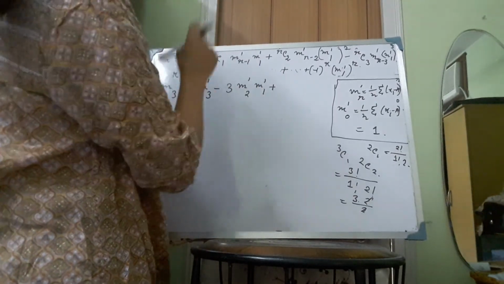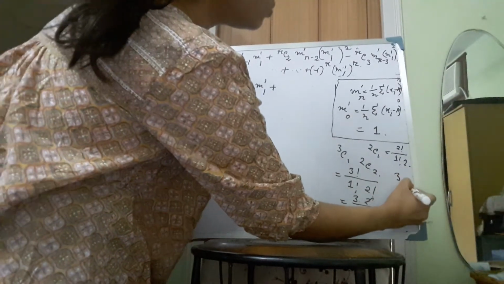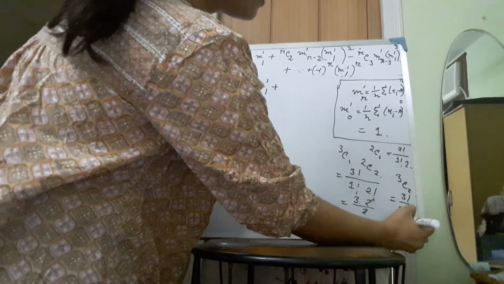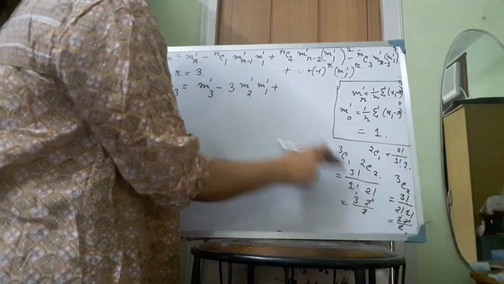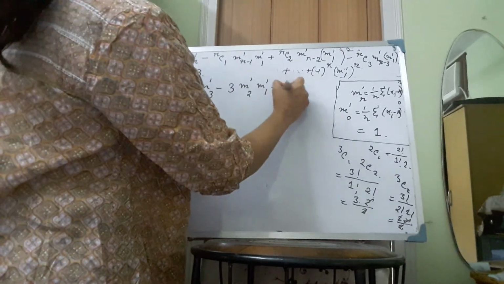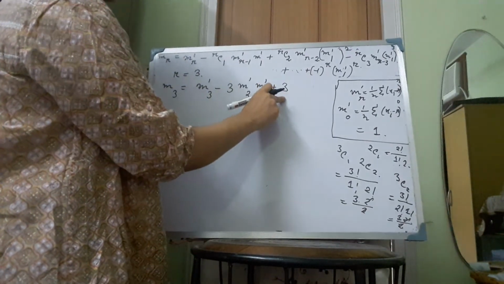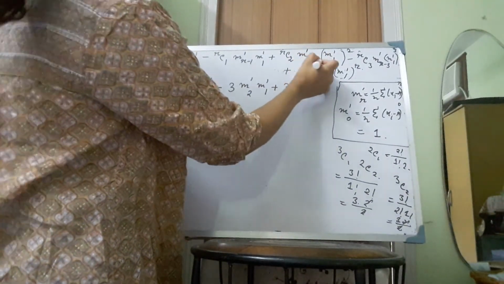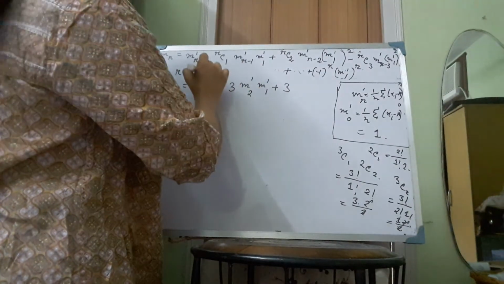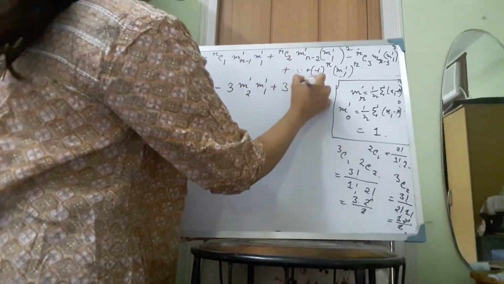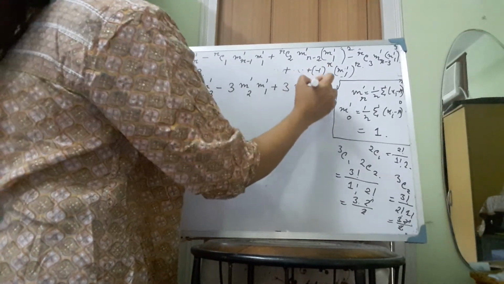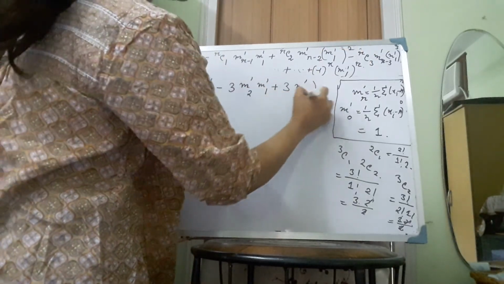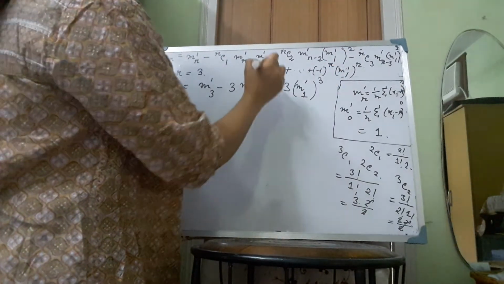Then the third term becomes 3c2. Now what is the value of 3c2? 3c2 is factorial 3 by factorial 2 into factorial 1. So in that case 3 into 2 by 2. So this is also 3. So plus 3. So in place of rc2 we are getting 3 here when r is equal to 3. Then we have m'_{r-2}. Now in place of r we are putting 3. So then this becomes m1' or m1 prime, and we have here m1' whole square. So this becomes m1' whole cube. So this is the third term.